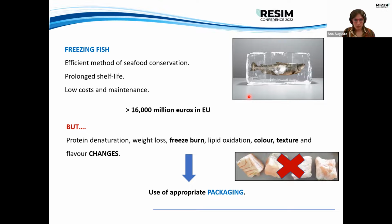It's very easy to lose our seafood products. So we need to preserve these food products, and the freezing of fish is an efficient method of seafood conservation. It allows us to prolong the shelf life of the products, and it is also associated with low cost and maintenance. However, when we try to freeze the fish, and we can do it at our homes,